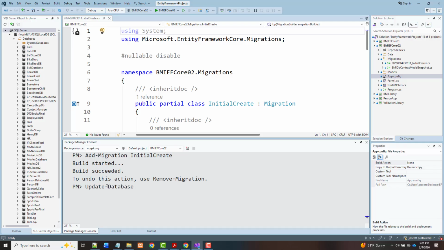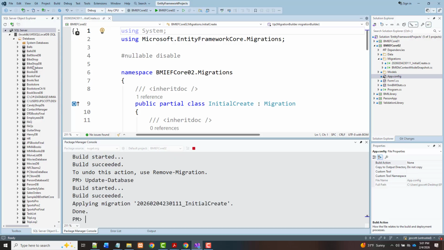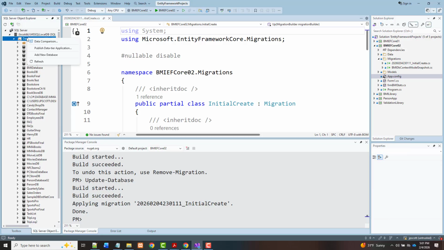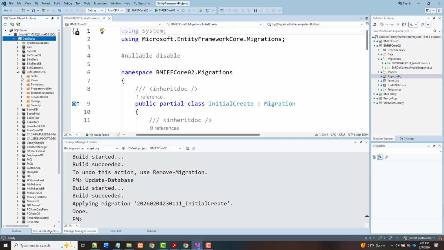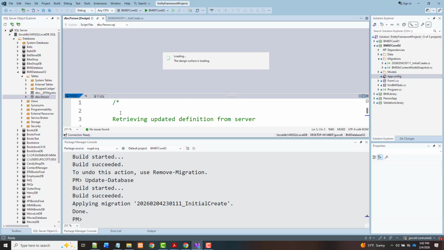You'll notice when we look in here, we do not have a BMI database 02. We're going to see if we get that now. So let's hit enter. It says it succeeded. It's not showing it here yet, but we are going to refresh. And there is BMI database 02. And if we look at tables, we have our person table. And if we look at that,